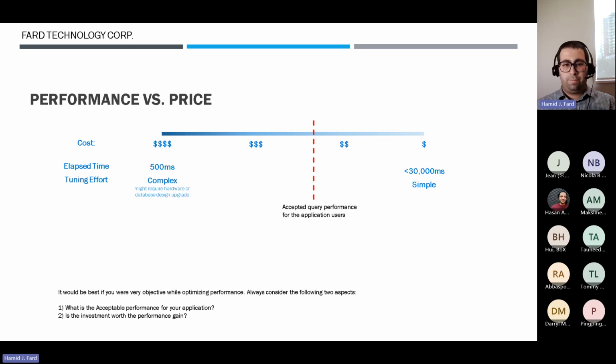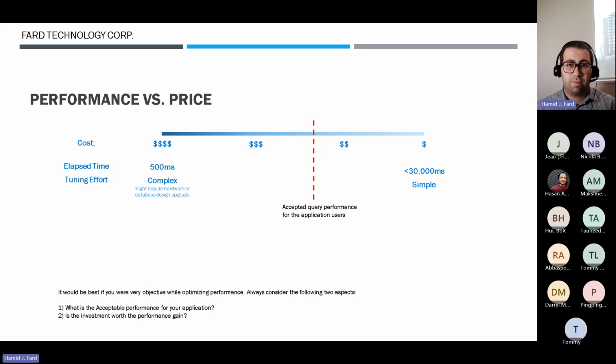For example, the business users are complaining and say, oh, we generate a report and it takes 30 seconds, which we have here. And for example, their business tolerance is about 10 seconds. Then you need to come in as a DBA and ask the business users, is 10 seconds acceptable for